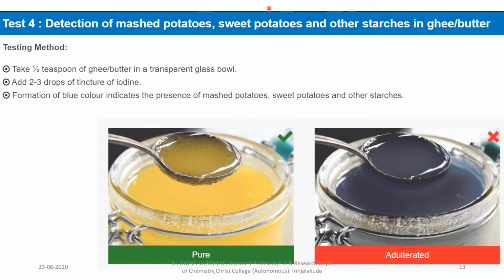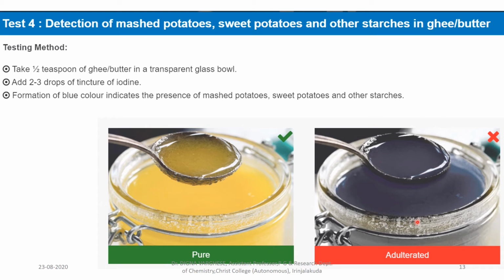Another test for the detection of mashed potatoes, sweet potatoes, and other starches in ghee or butter is also done using tincture of iodine. We take half a teaspoon of ghee or butter in a transparent glass bowl. Two to three drops of tincture of iodine are added to this. Formation of blue color indicates the presence of potatoes, mashed potatoes, sweet potatoes, and other starch present in